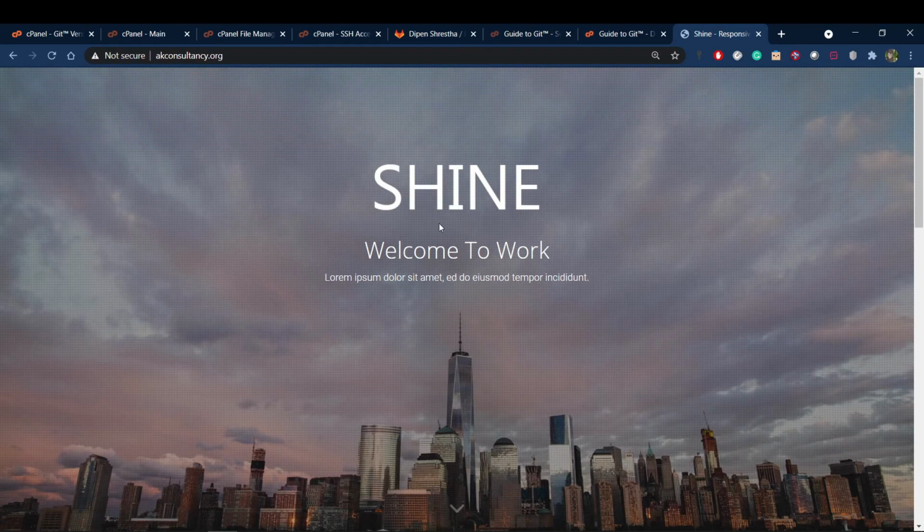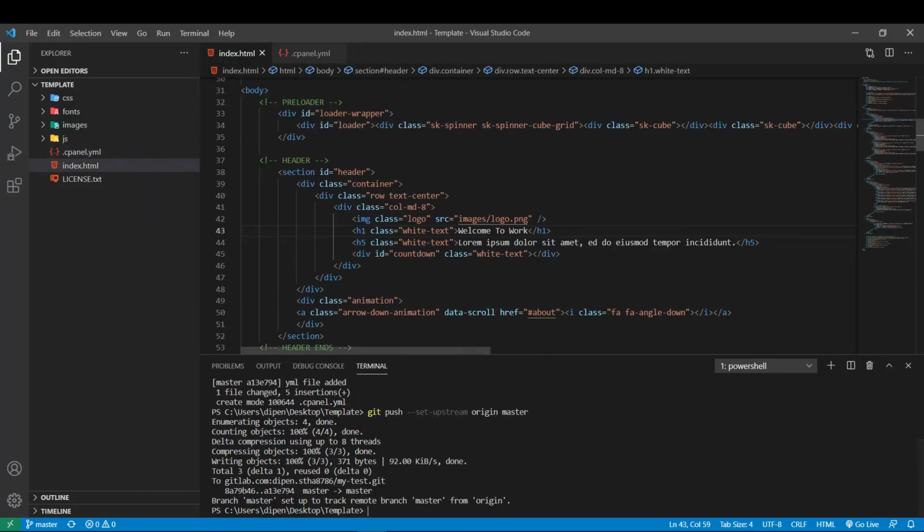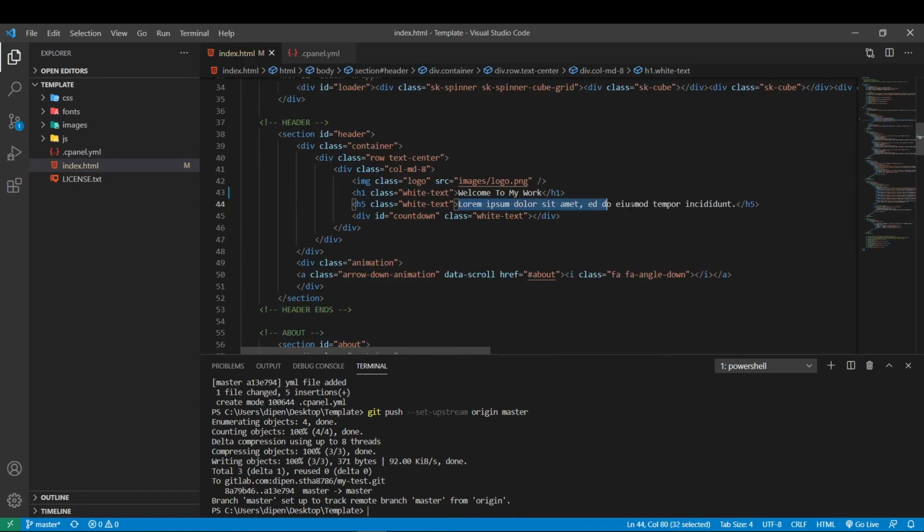Now let's make some changes here and see whether we can pull those changes from local to the cPanel or not. Here at the index, I'll be writing welcome to my work, and let's remove this.